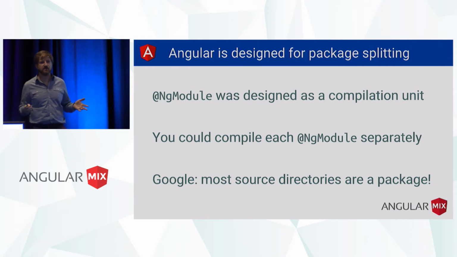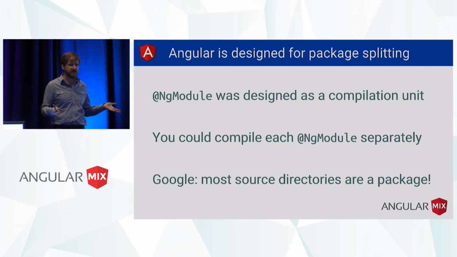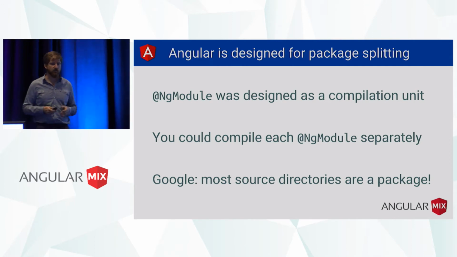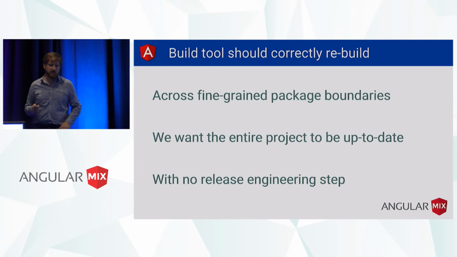So all of the components that you want to compile, they need to know the compilation context, like what selector and what providers are available. And so we can compile each ng module in isolation. And at Google, most of our source directories are their own package, and so most of our ng modules are actually compiled independently. So to make this work,